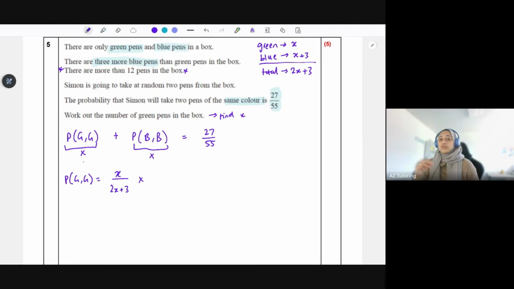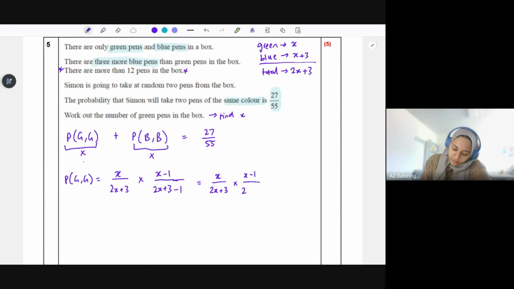now because we've taken 1 green pen out and we've not put it back in, we've now got x minus 1, so we've got 1 less green pen in the box, and we've got 1 less in the total, so we're going to minus 1 from the total. We don't know what that equals, because we're going to put it in for this part here. So let's simplify that. So we get x over 2x plus 3 times x minus 1 over 2x plus 3